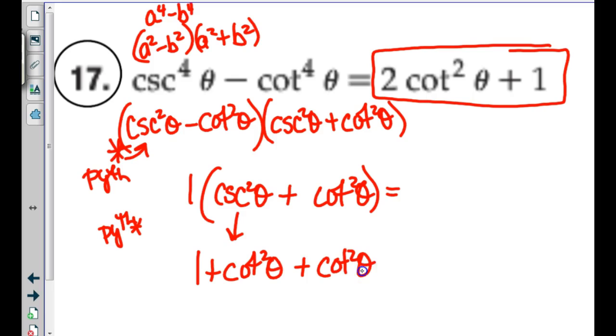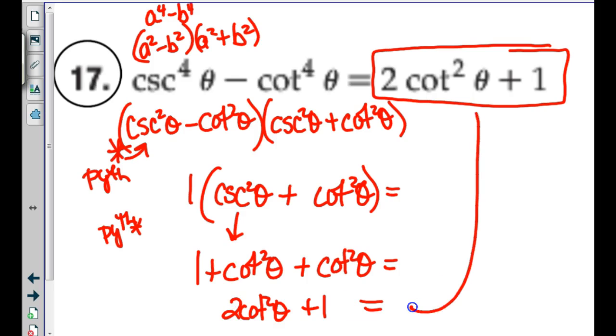Why is that a good thing? We had this one traded for a 1 plus cotangent squared, and this one back here was a cotangent squared. Does that give us what we need? We can add those cotangents together, and then we still have a plus 1. And that's what it said up here. I wouldn't put that on a quiz right now, but